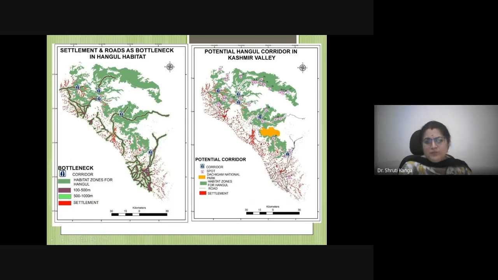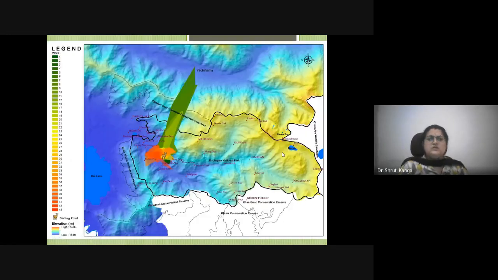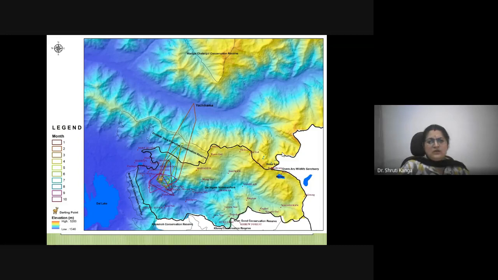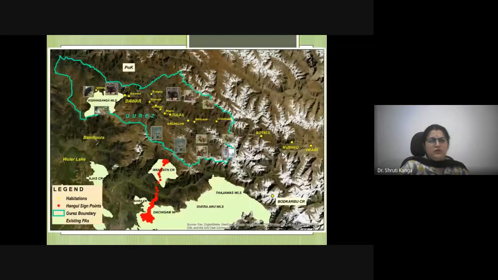Okay, so these kinds of studies you can also opt for in your own studies. These are the different elevations and the existence of these different kinds of points. These kinds of studies can also be opted for different habitat suitability and different kinds of mapping. Here you can see